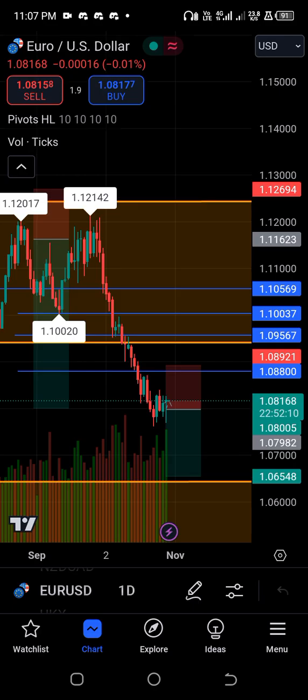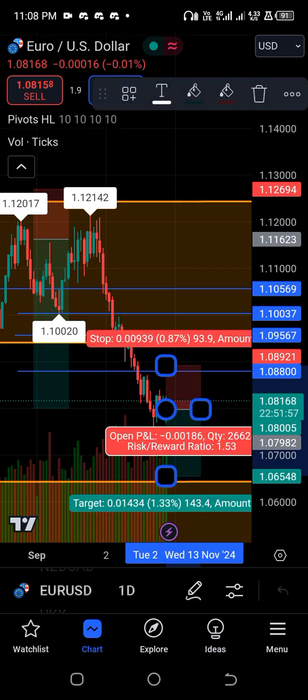but I closed the trade before then for some reasons best known to me, and later took this second trade where I was risking 93.9 pips and targeting 143.4 pips. It's like a 1.53 reward to risk ratio, and this second trade is still running as I speak. I'll show you the accounts